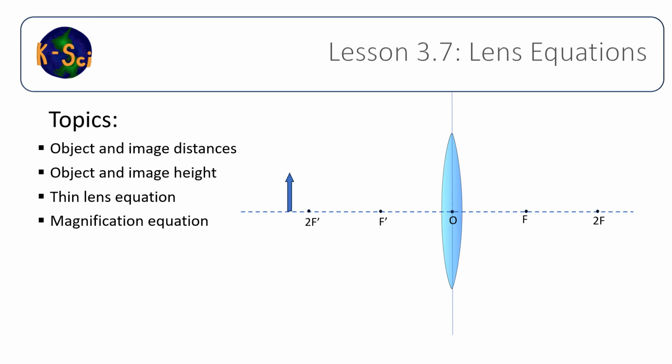Hello there. In this lesson, we're going to learn about how to calculate image distances and object distances, along with object and image heights. And we're going to do that using two equations. First one is called the thin lens equation, and all of the lenses that we have done are thin lenses, so it's going to apply to everything that we've done so far. And then there's another relationship called the magnification equation, where you can determine how much bigger an image might be